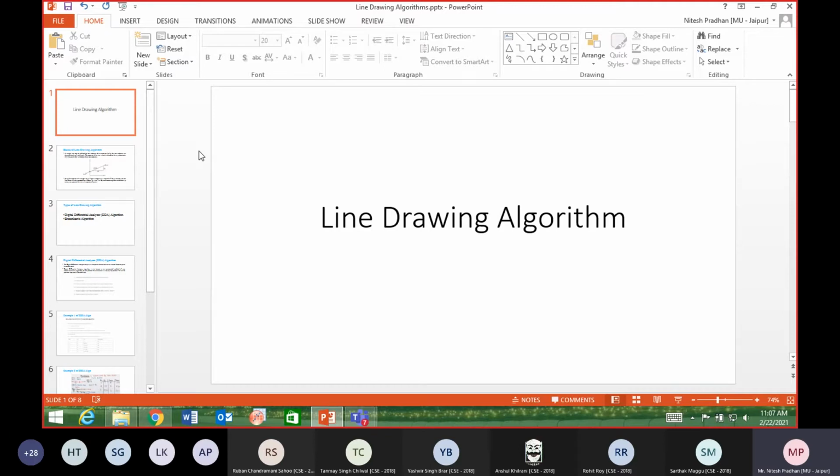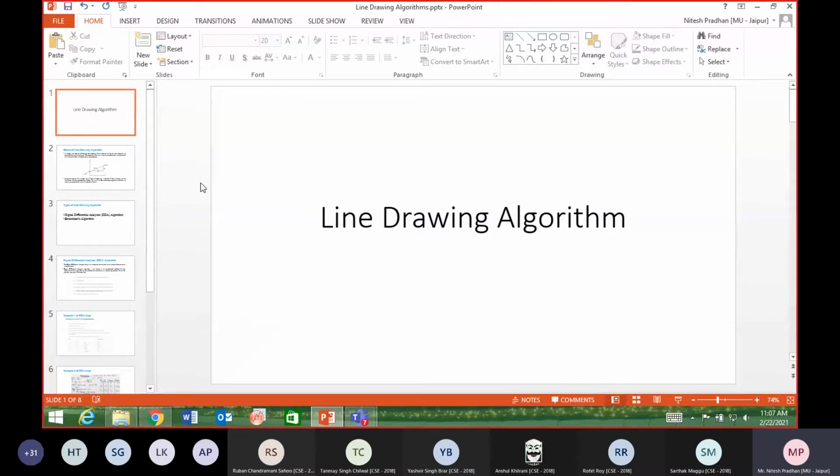Now the thing is, let us assume we want to draw some shapes on our raster screen, okay. Shape may be a line, a dot, an ellipse, a circle, a rectangle, a triangle, whatever it is, okay. So in the first phase we are taking the line drawing algorithm, which is mentioned in your syllabus. There are two different types of algorithms available in line drawing, so one by one we'll see each of them, okay.